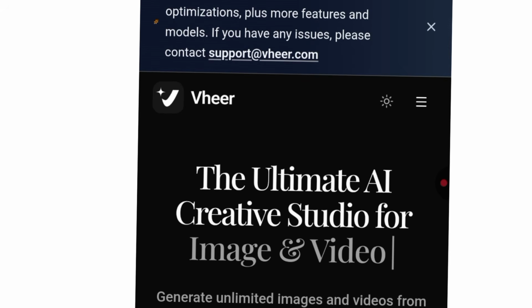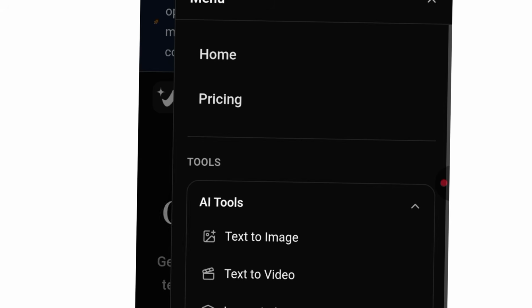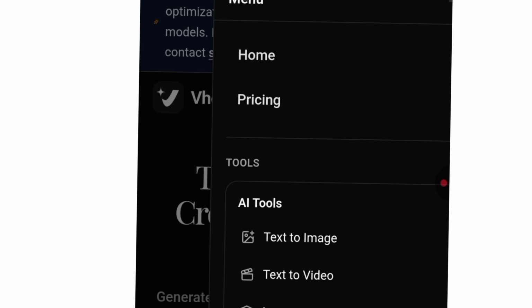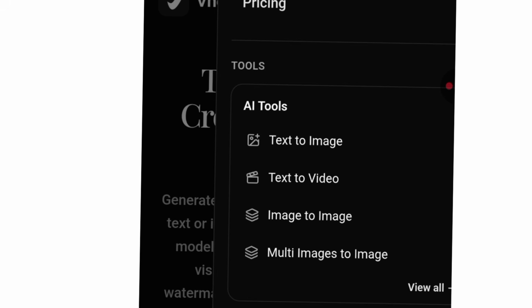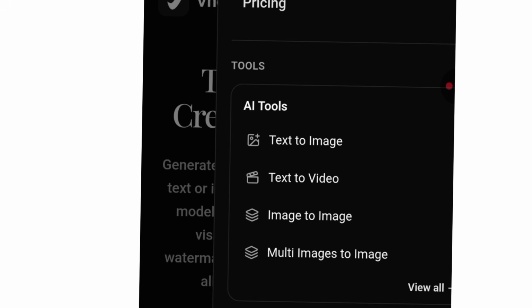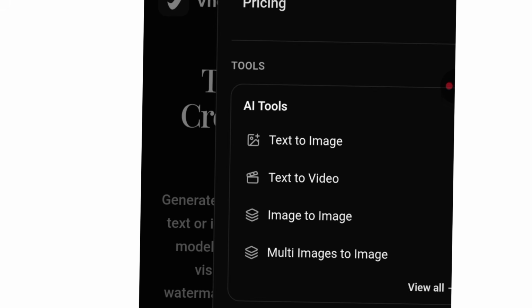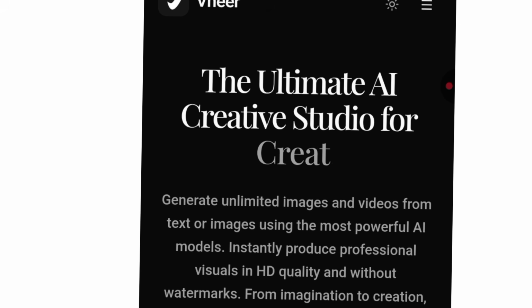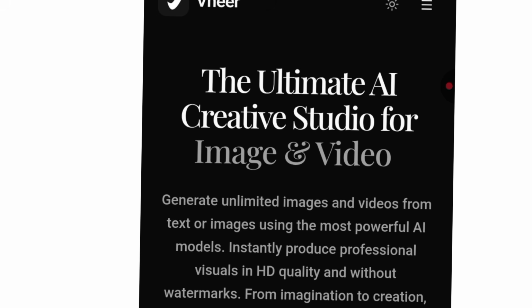So once you come like this, if you go ahead and click on the three horizontal lines at the right hand side, you see the things you can do using this AI tool. So you can do text to image, text to video, image to image, multi images to image. So this is it. You may want to log in, you may not want to log in. Trust me, Vheer AI will actually do what you want it to do.